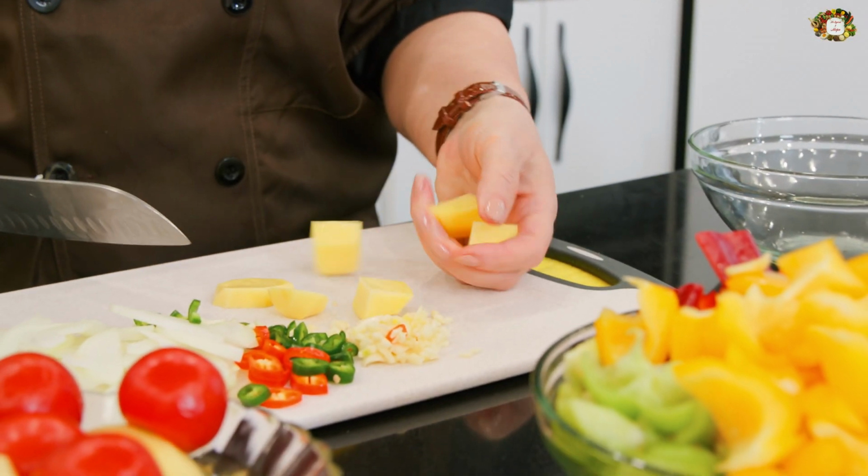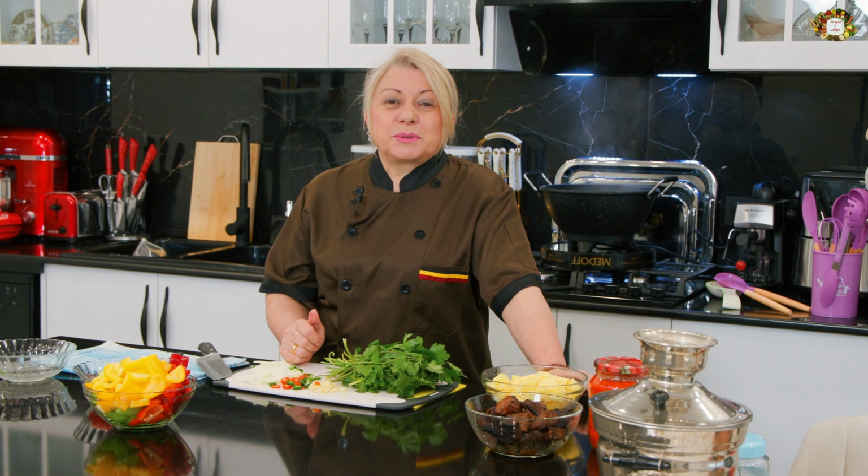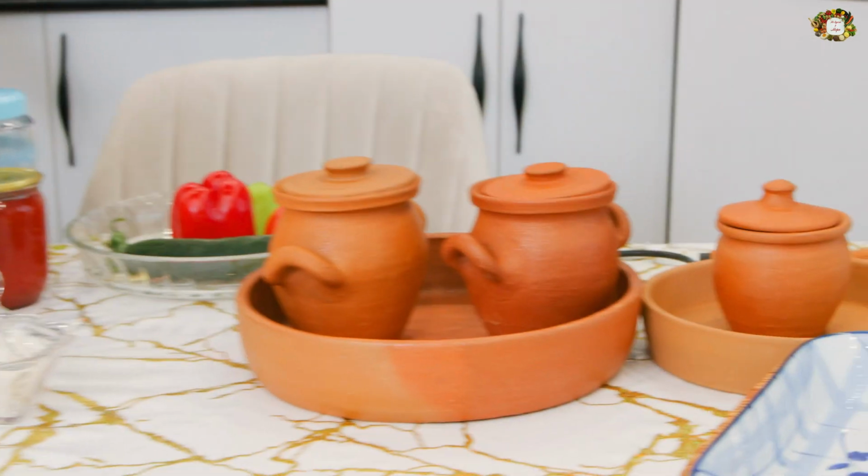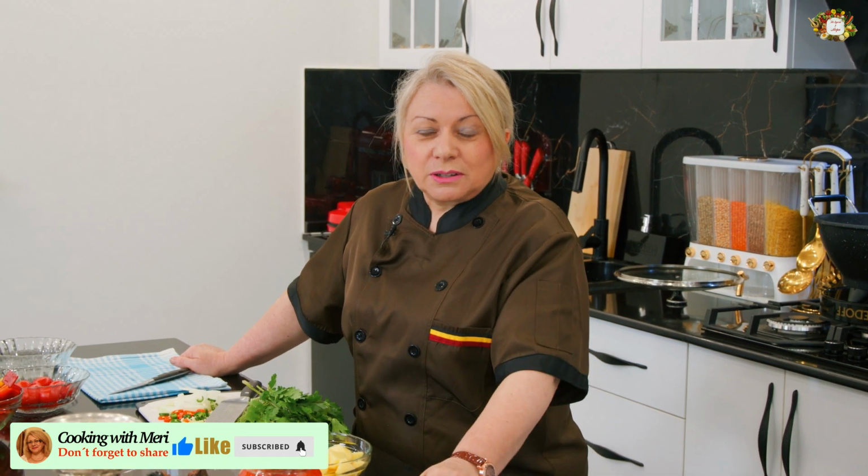I cut potatoes into pieces like this. All that remains is to chop the greens and put all the prepared ingredients into the clay pots. I also want to say a few words about the fact that it is not necessary to cook Chanakhi in clay dishes or pots. Instead of them, Chanakhi can be braised over low heat in a cauldron,